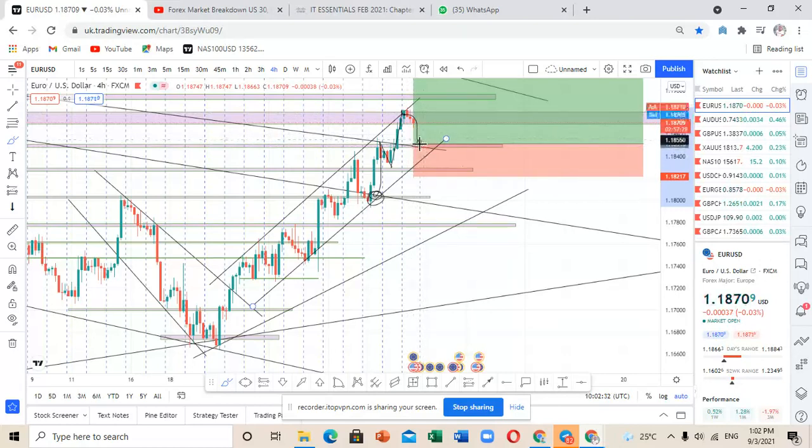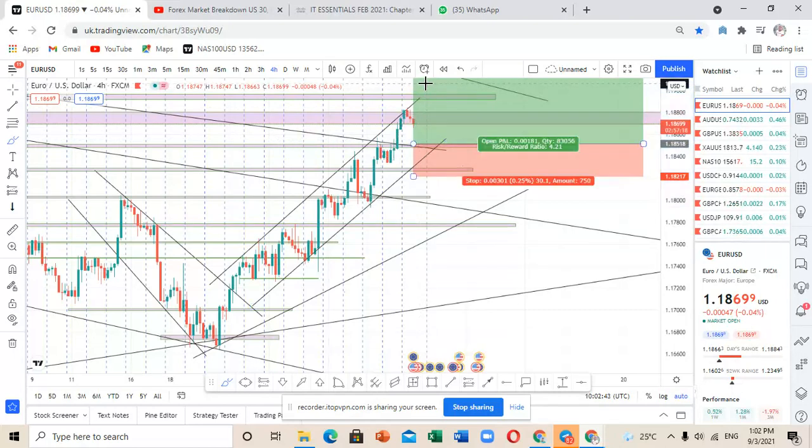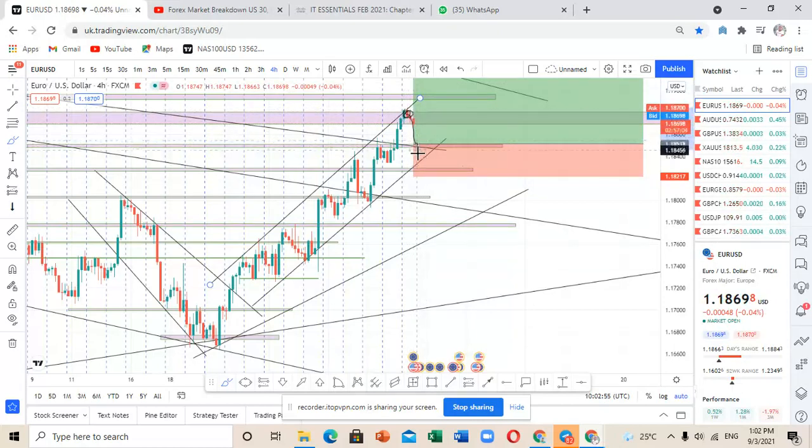So that's why you can see that I've placed a buy limit. I'm expecting that the markets are going to come to this position before creating a breakout to that point of resistance and further moving to the upside. At the same time, since this is a very strong point of resistance, the market may break this point of support and move further to the downside to these new levels that are here, before coming back to the upside. That's why you can see that I've placed my stop loss a little bit below this point of support